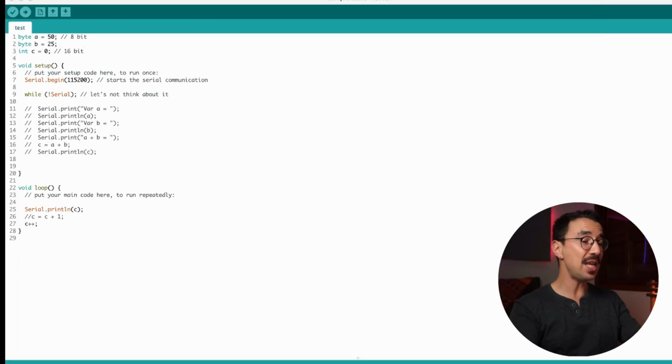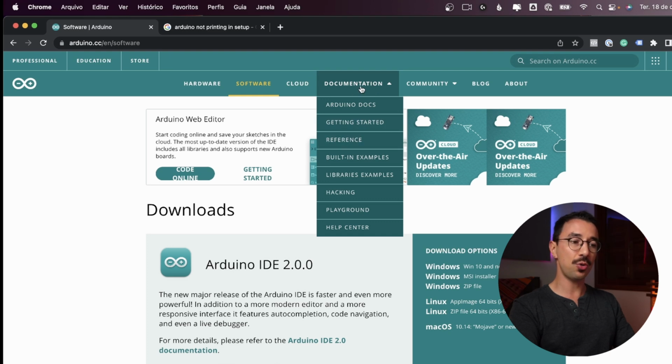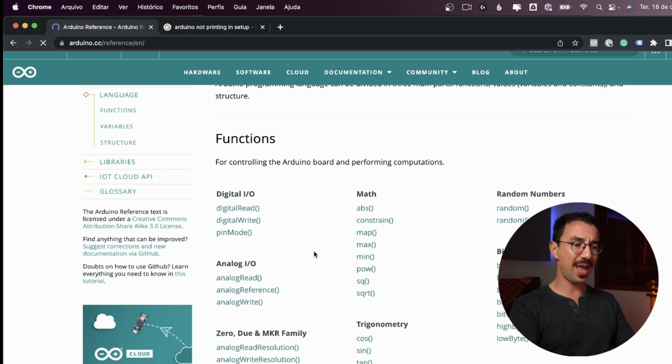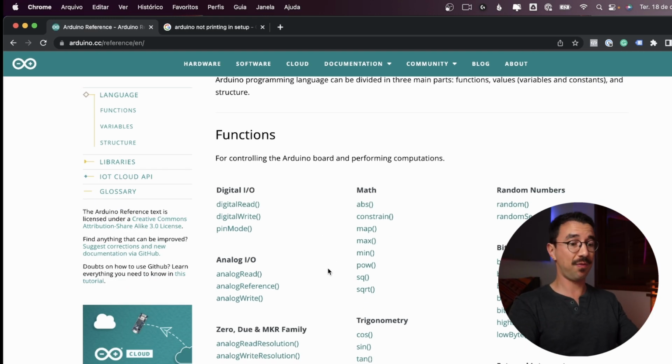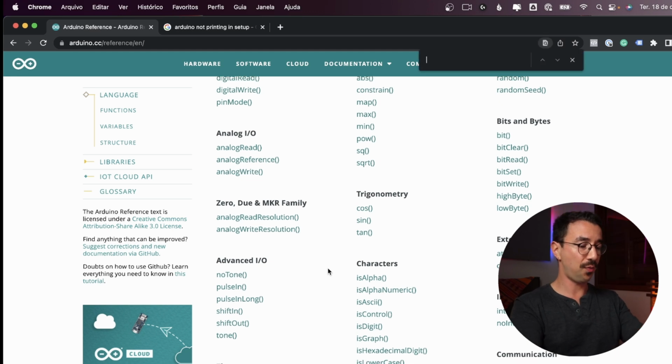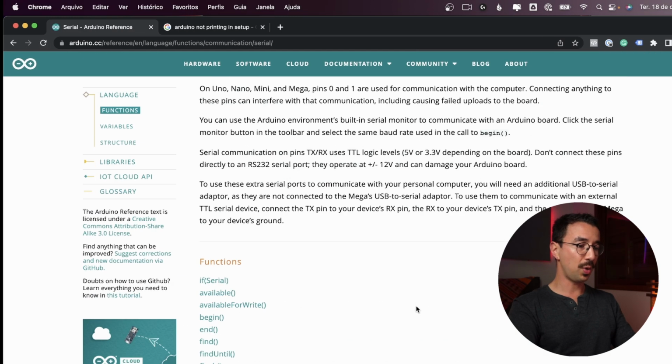That's the foundation, and it's really important that you come to the Arduino site and come here to Arduino documentation, like reference. Here you have most of the things you can do with the Arduino, or a lot of things you can do with the Arduino. For example, serial. If I type serial here, you can see what type of things you can do with serial.